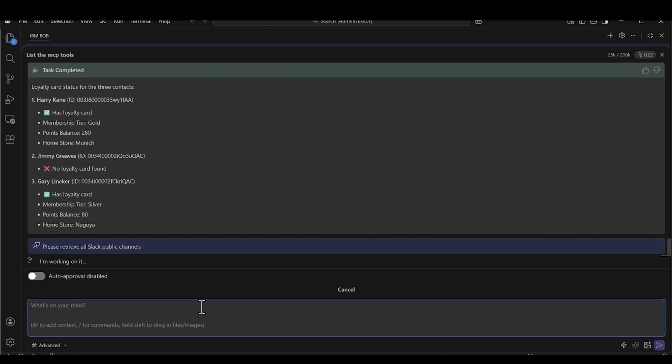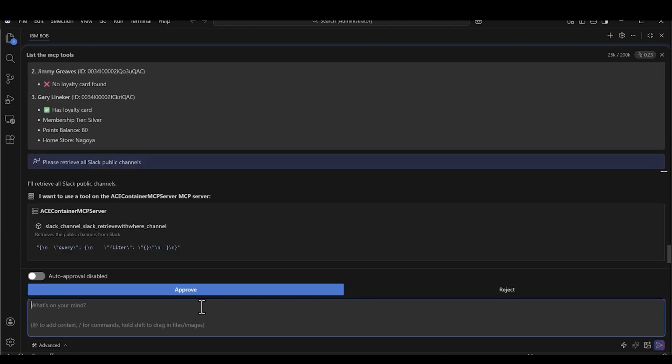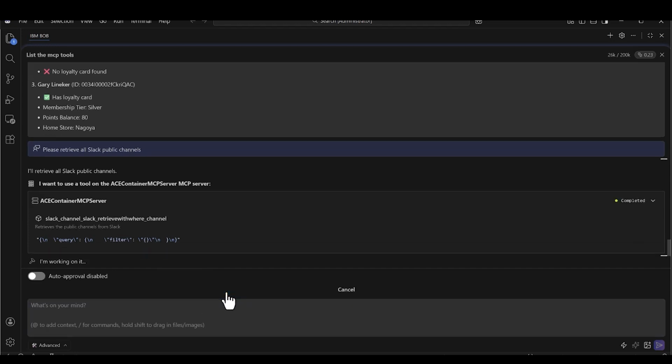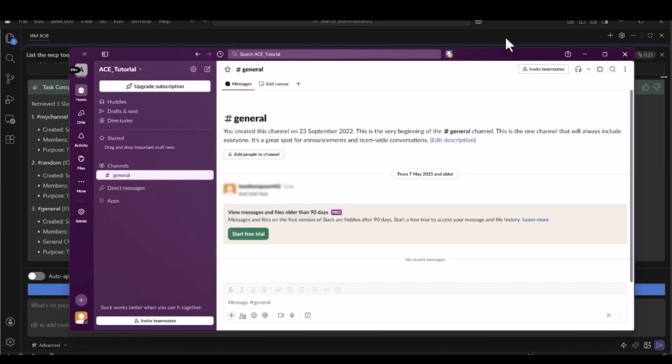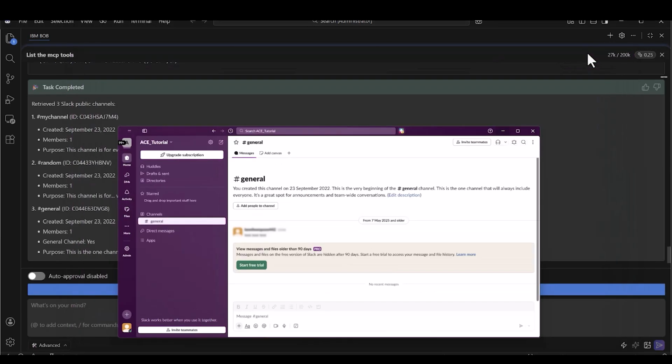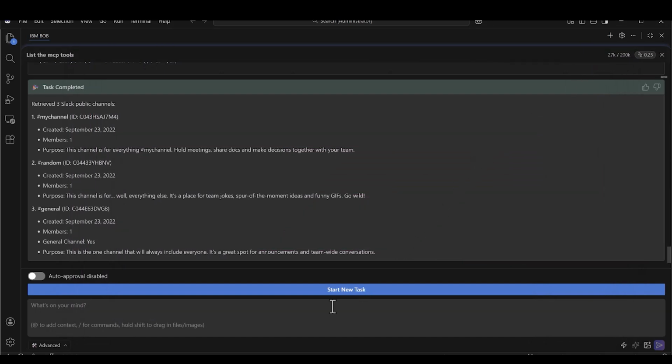Our last task is to get Bob to summarize all the information in Slack. So we've begun by asking him to retrieve all of the Slack public channels so that we can figure out how to send a message to the general channel. The responses come back with the internal IDs and the human readable names of each channel. Checking inside Slack, we can see that there's currently no message there, and now we're going to ask Bob to